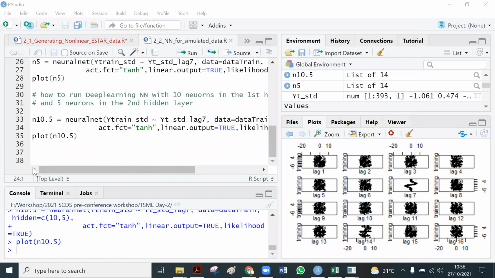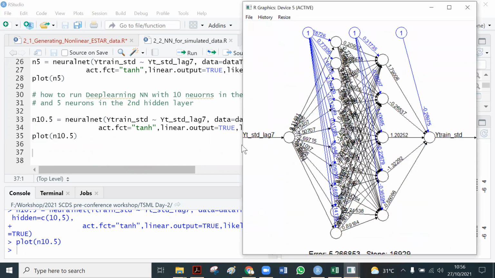Okay, this is the exercise for neural network, still with single input. Now we can try what if the input is more than one. So let's say like 7 and then like 14 or others. It is also possible.